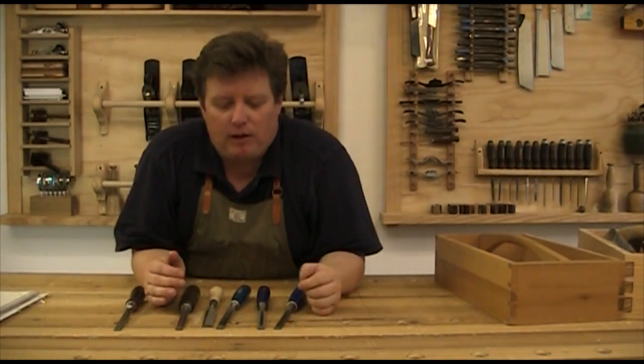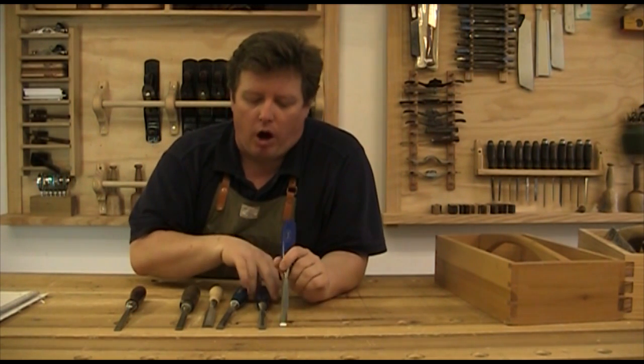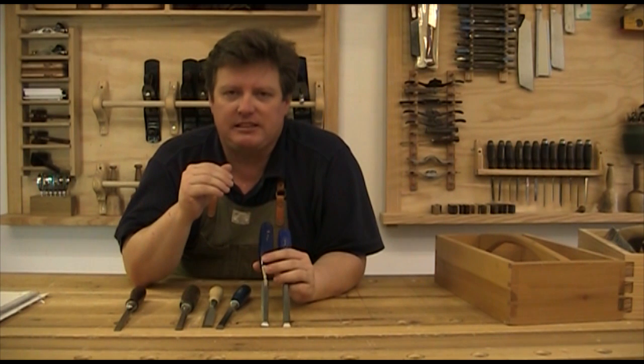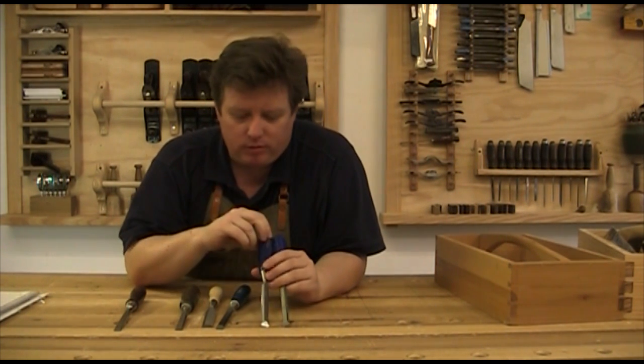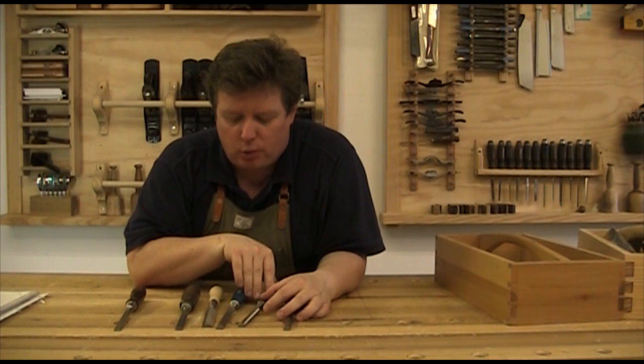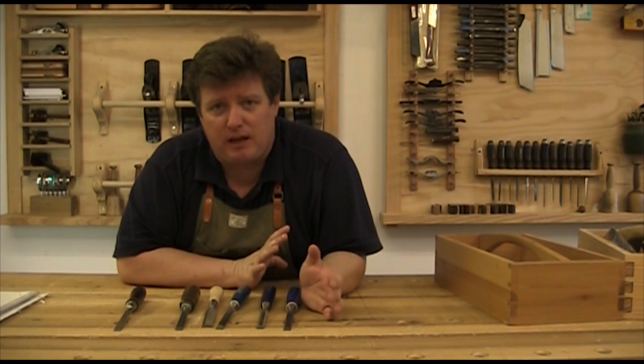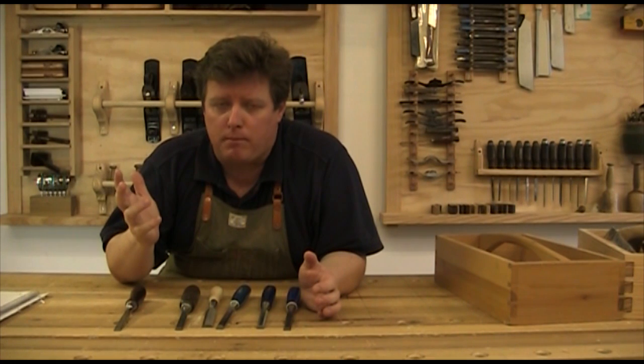Now, another thing you have to take into consideration is sizing. Pretty much all chisels nowadays are going to be sized on the metric scale, which means for a half-inch chisel, sometimes they would use 12 millimeters, sometimes they will use 13 millimeters, and they will call it a half-inch. You gotta understand, most of these manufacturers are making stuff for the world market, and most of the world market